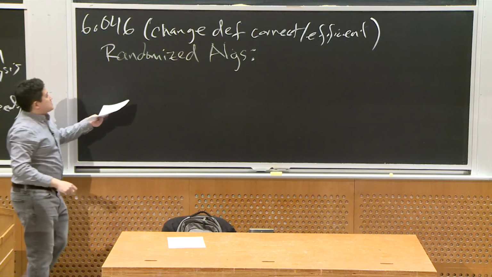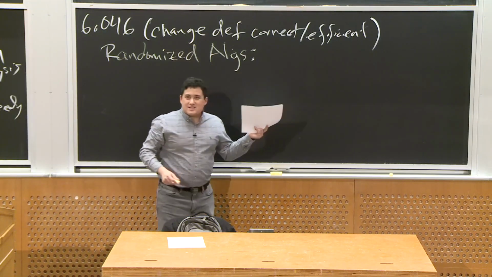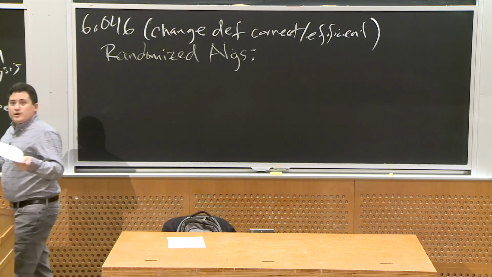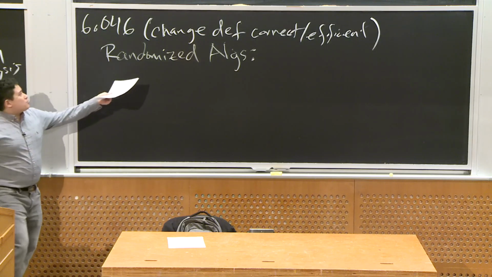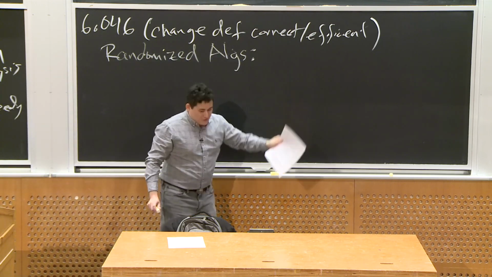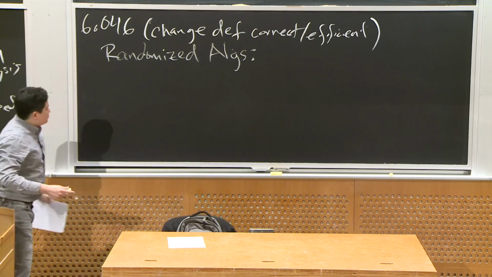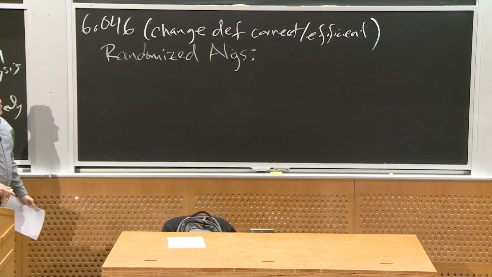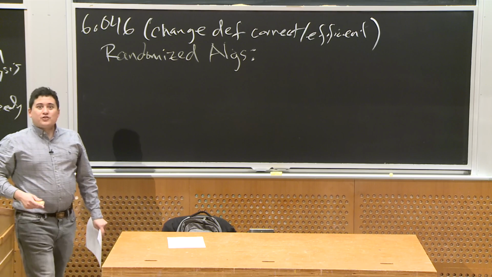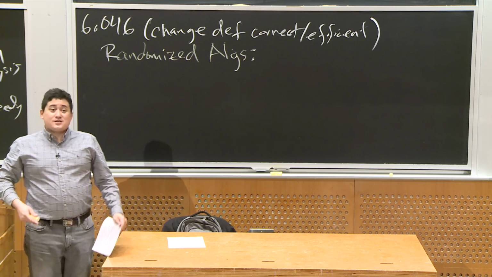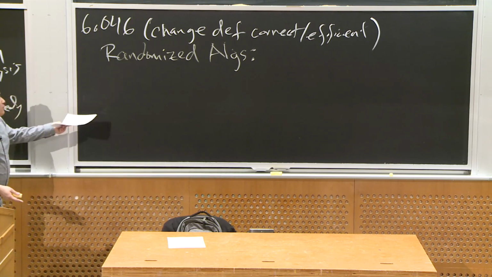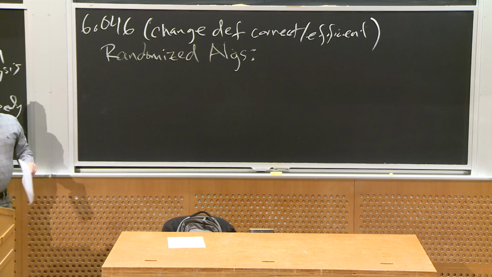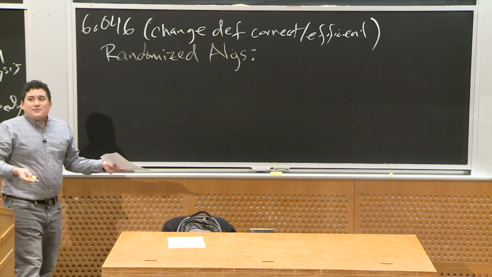And in 006, we've mostly not touched on this except in one area. Where did we use randomization? In hashing, right? When we used hashing, what did we change the definition of correct versus efficient? We didn't really change the definition. What we did was we said that it was okay that sometimes our algorithm was slower than in expectation, right? We're relaxing the idea of efficient, but we're still saying it's good because most of the time it is good,